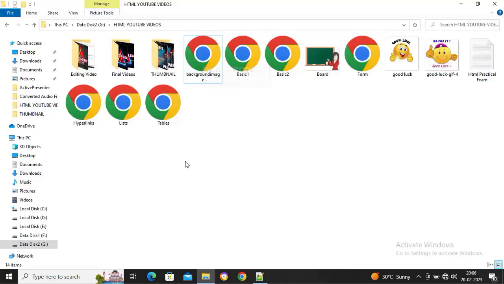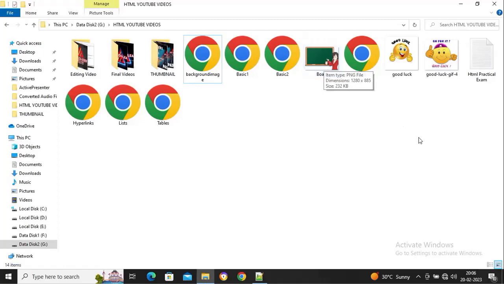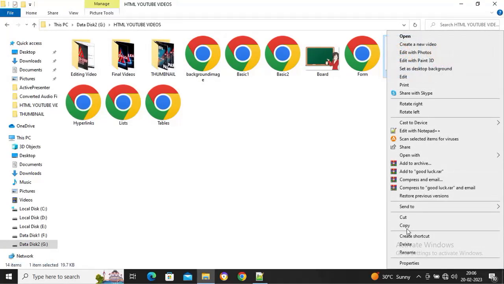In this area, I have kept three images: board, good luck, GIF. So these two are GIF images and this is a JPG image. So this one is a GIF image and these two are JPG images. Let's take the background image. I'm going to take here good luck, right click on this image, go to properties,